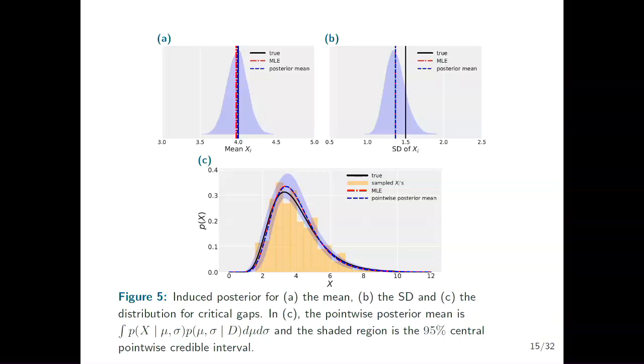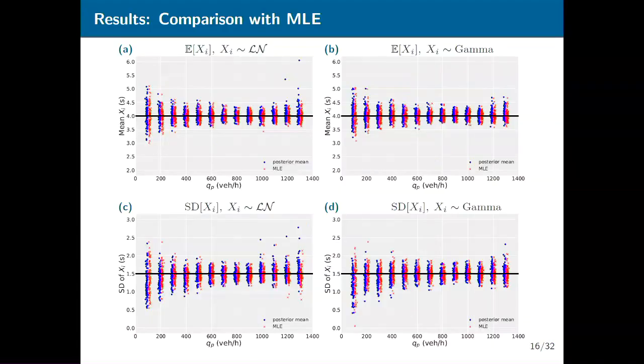You can also propagate the samples again through the density of the log normal to get the point-wise 95% credible intervals on what the distribution looks like itself. I've also overlaid the histograms for the samples of critical gaps that were actually drawn in the data set, so you can see a bit of sampling variability. And that's all cool, and that's the standard thing that you get out from running a Bayesian analysis. And this is what the moneymaker plot looks like.